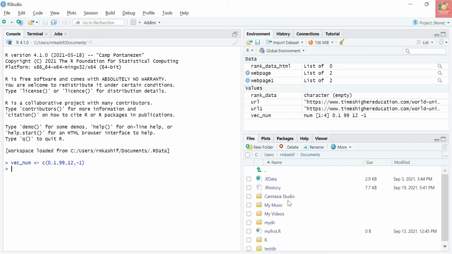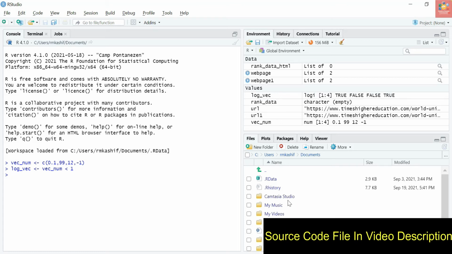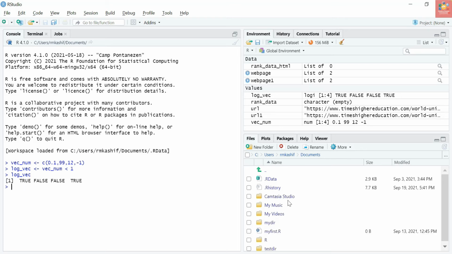We know that logical vectors are based upon some conditions, so let's assign it as logical vec, and we want the above vector, and we want those elements which are less than 1. So what has it produced? Let's print it.